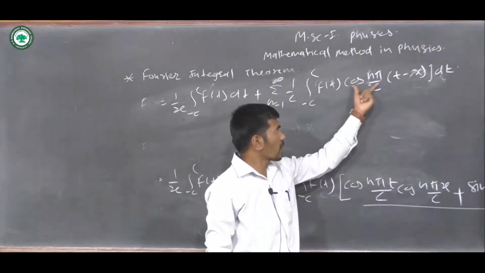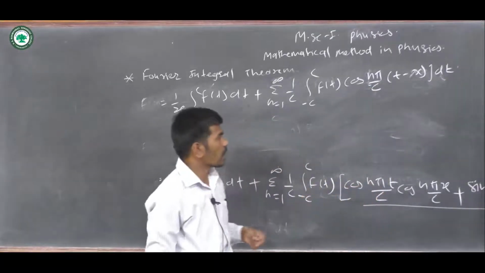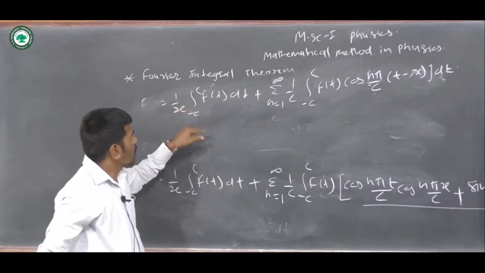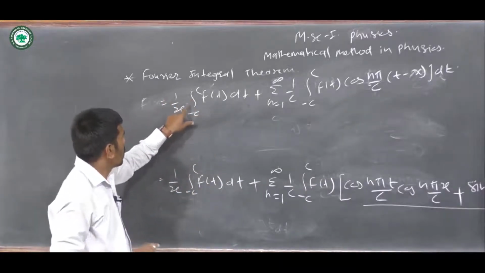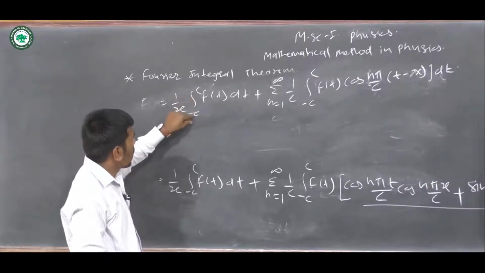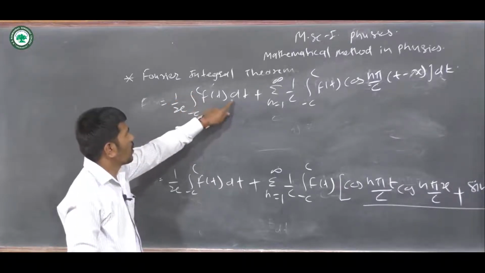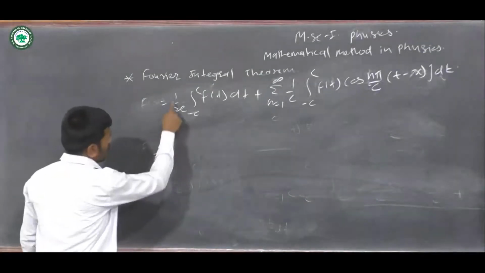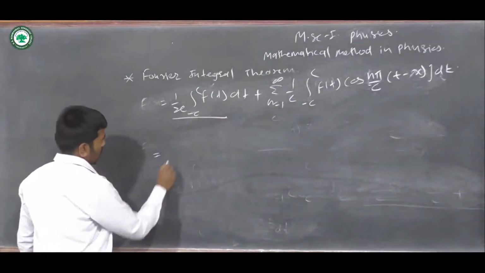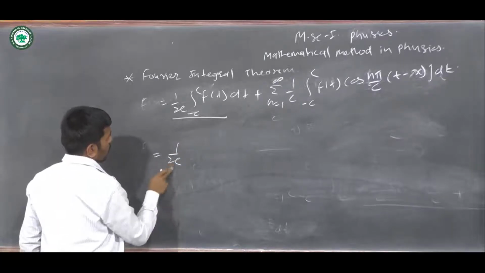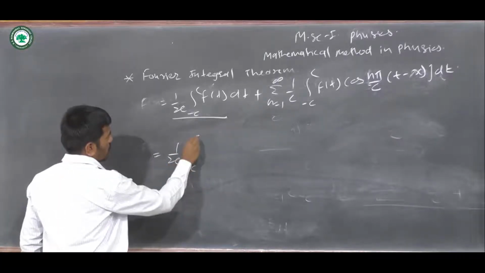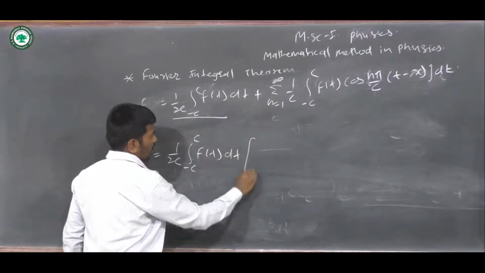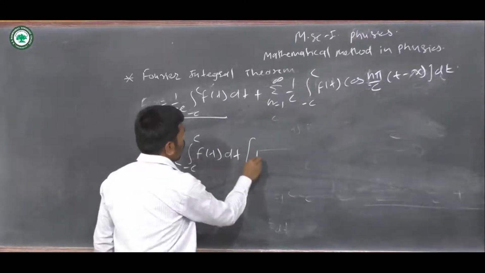Okay, so if we expand these things, we get this. So this is our result. Now from this, just take out the common 1 over c, integration over minus c to plus c, f of t dt. Okay, then if we take this thing as common, we get 1 over 2c integration from minus c to plus c, f of t dt, then into 1 plus